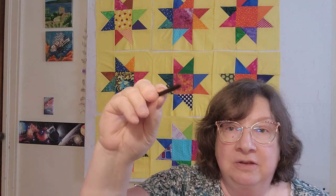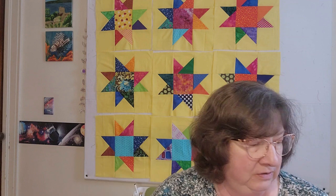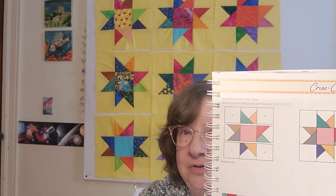Now, I'm using my little pen for my phone, but as you look at it, if I hadn't pointed it out, and if I hadn't looked at them for 2 days going, why don't mine look like hers? I probably would have never noticed it. But I kept going, there's something about mine that are not quite the same. So the lesson is, number one, my brain is still healing. And I probably would have picked it up much faster before,